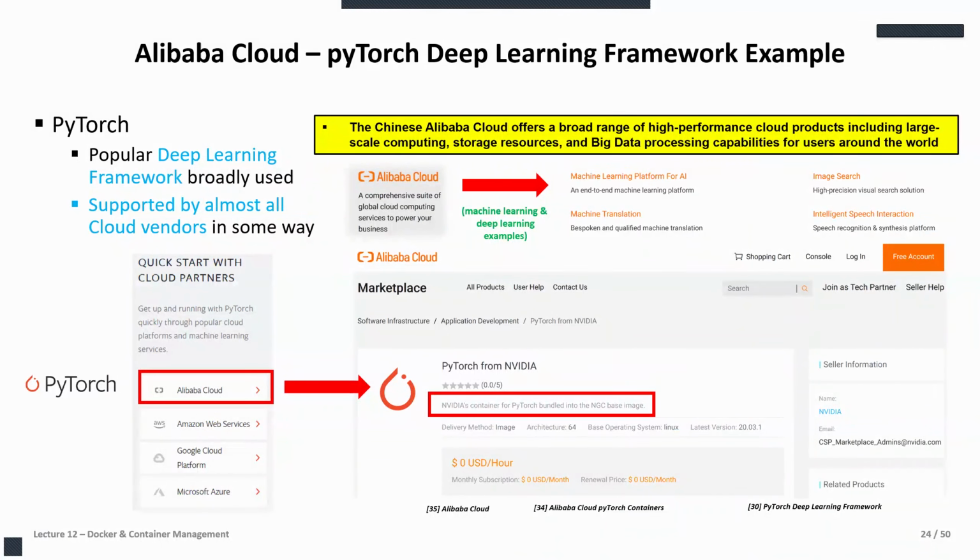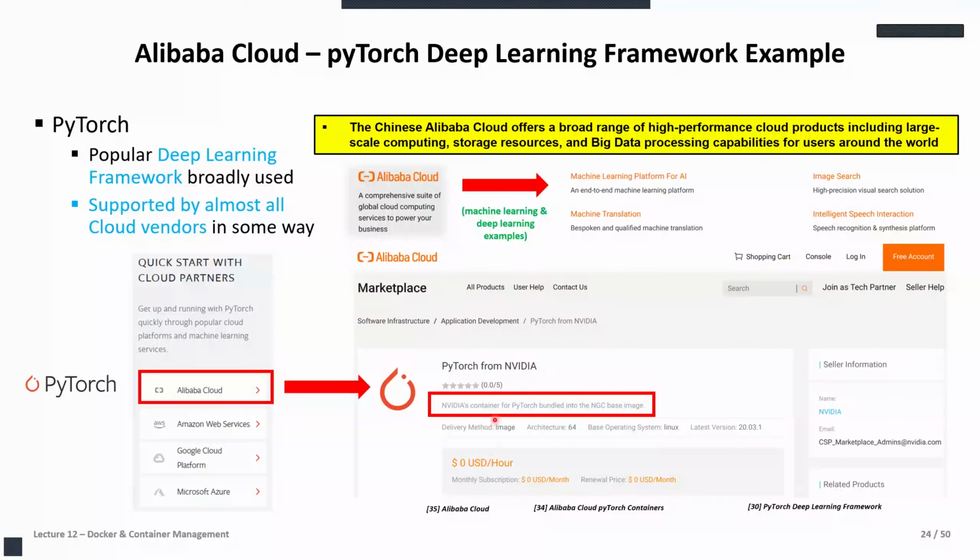And you can go on, and you see that PyTorch was another example, for instance, of a deep learning package. And here's another example also of a cloud with the Alibaba cloud in China, which of course has also products around high performance clouds that you need for machine learning and deep learning, right? You see also quite prominent ones like machine translation. You would say that's sort of an NLP downstream task. That's an example. Image search, speech interaction, and so on and so on.